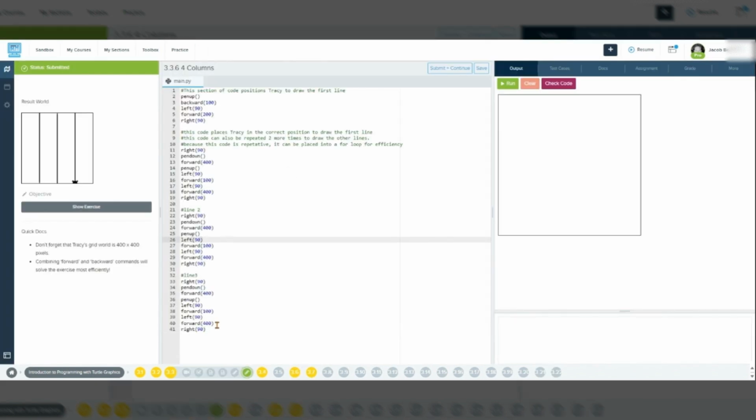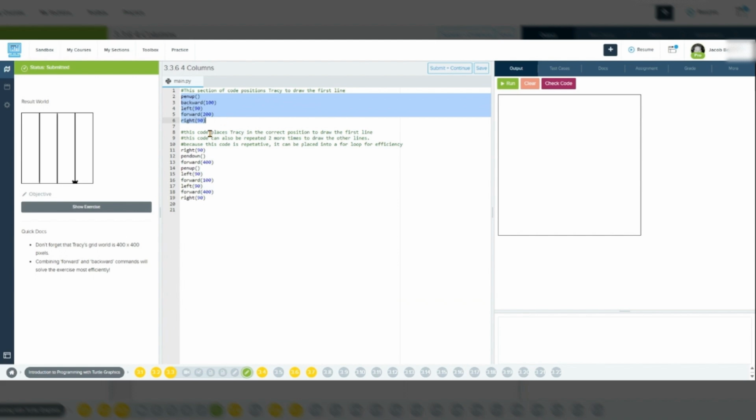Now let's make the code more efficient with a for loop. Since each line follows the same pattern, we can use a loop to repeat the commands without duplicating code. Here's how we can modify it with a for loop. Penup, backward 100, left 90, forward 200, right 90, for i in range(3): right 90, pendown, forward 400, penup,